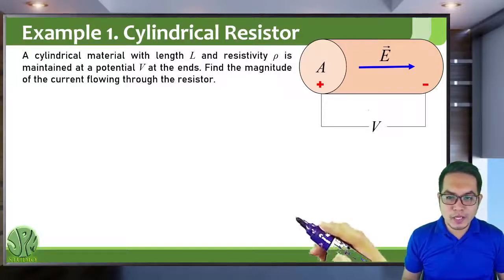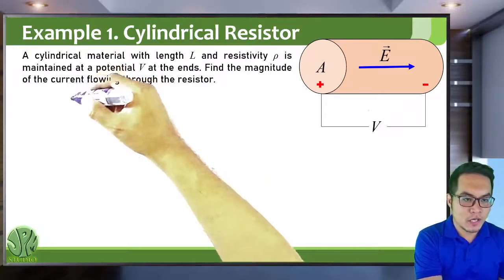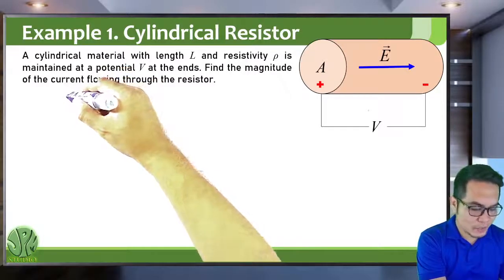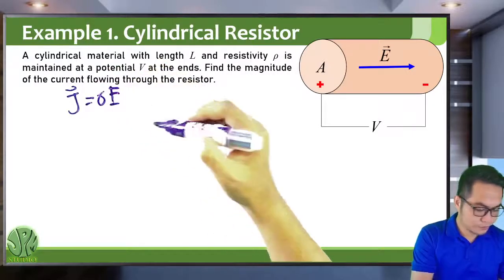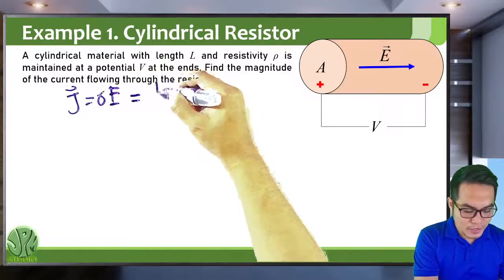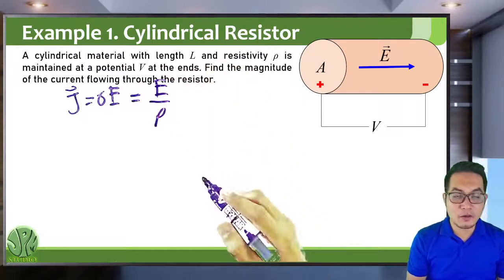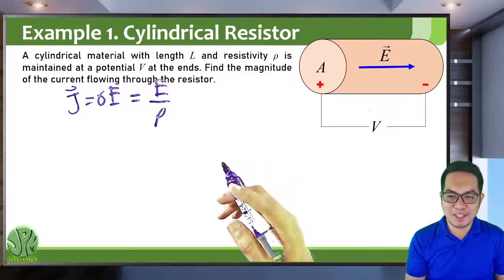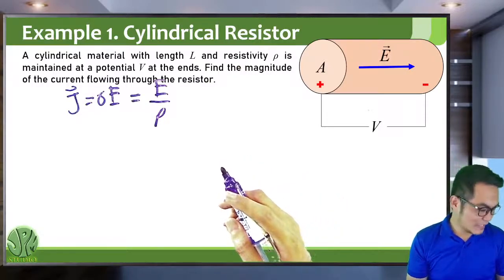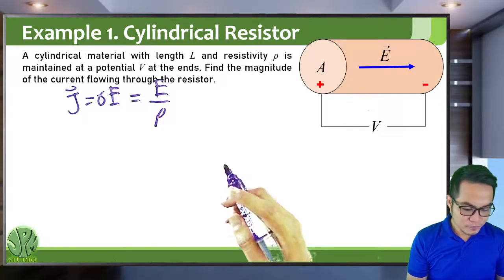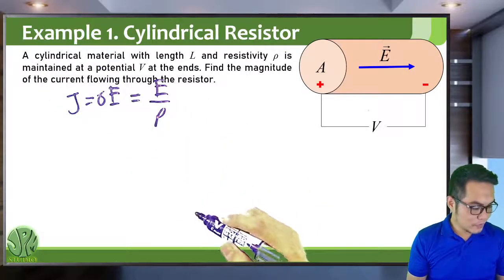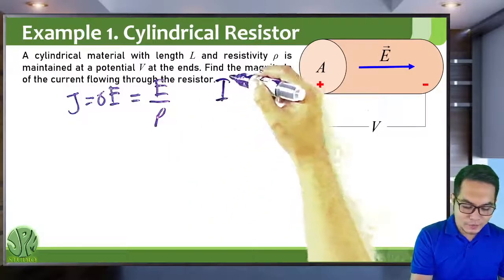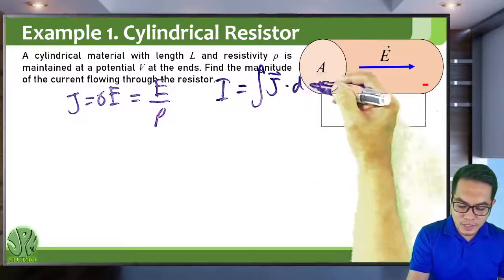So we start with Ohm's law. Let's just use the magnitude version. So J is sigma times E, where sigma is 1 over rho. Rho here is the resistivity. It's not the volume charge density, but here rho is the resistivity of the material. So let's just use the non-vector form. Okay. So since I is the integral of J dot dA,